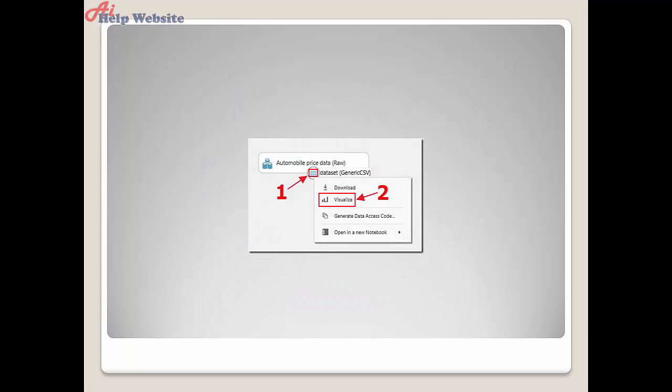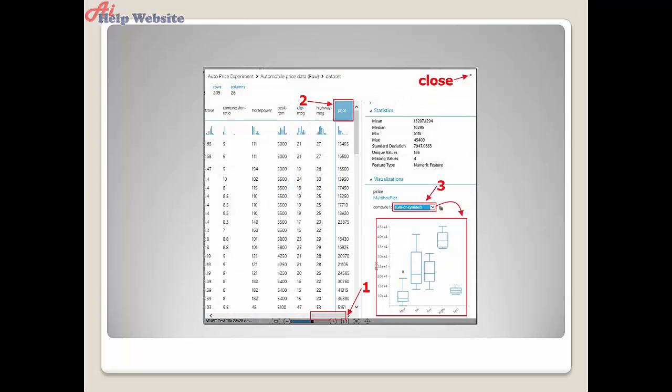The automobile price data module will display on the workspace, and we can click the little round button. Actually, we'll right click on that and select Visualize. This will actually show us the data. If we scroll all the way to the right, we will see the price column. We can select that price column